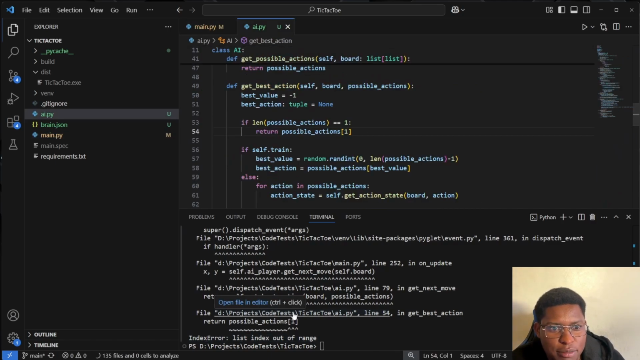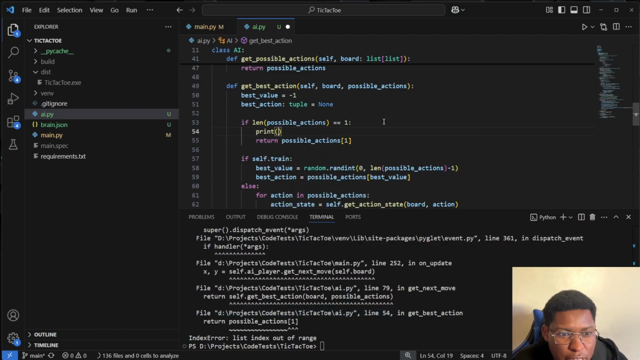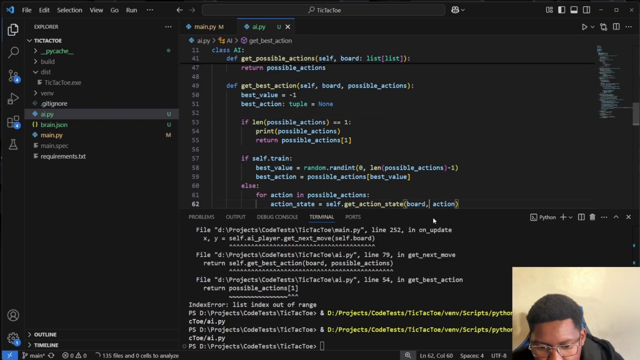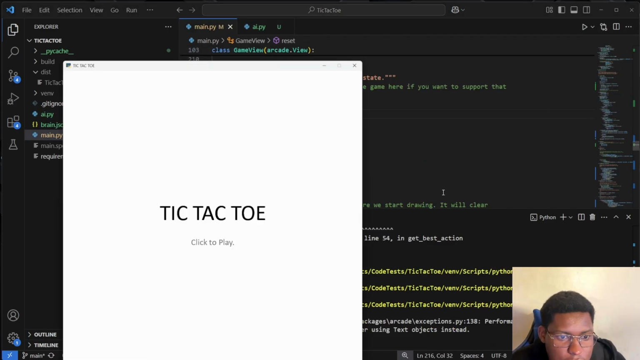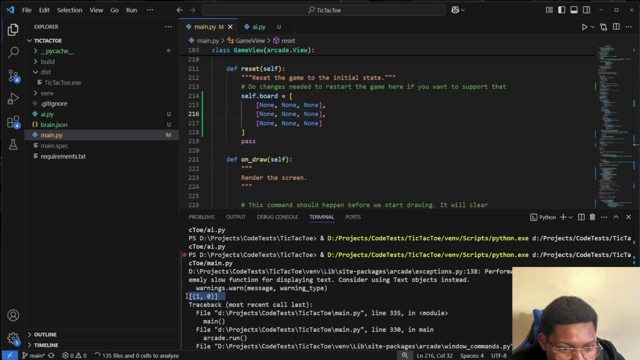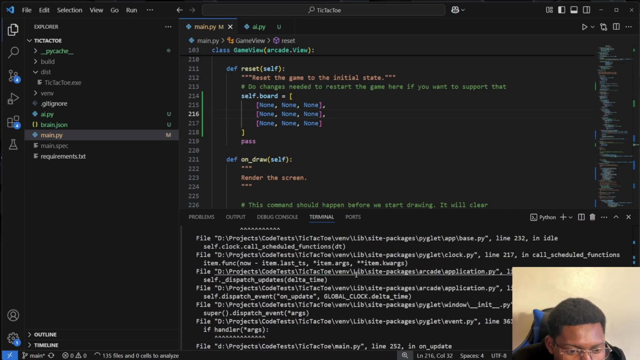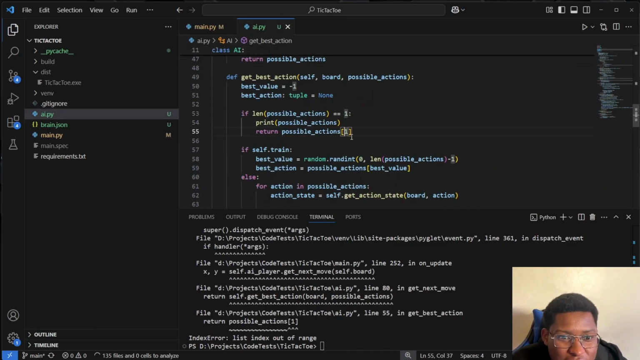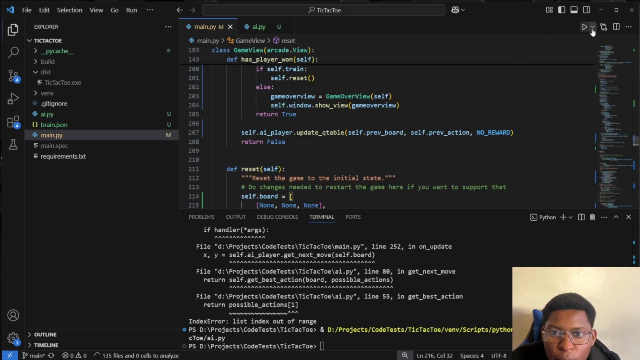Wait a second. No, that doesn't make any sense. Let me just print possible actions at this point and see what happens with that. Oops. Oh, right. I'm supposed to run this. Right, so when you're getting this error, let's see, possible actions, we have 1, 0. So what is the issue? Oh, right. Wow, such a dumb error. It's possible actions at 0, right? So if I run this one more time,